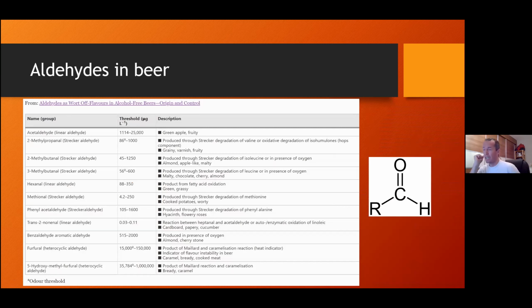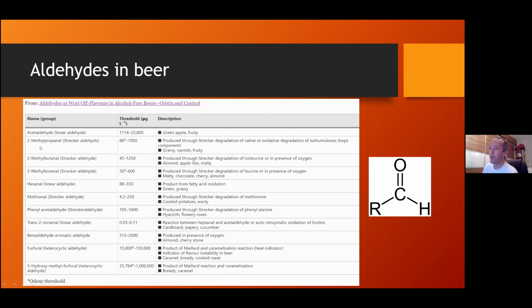So acetaldehyde is not a creation from the Maillard reaction because it's not a Strecker aldehyde. Strecker aldehydes have a circular formation because they're stable in this big reaction. Acetaldehyde is linear. So linear aldehydes are generally not that enjoyable, and you want to keep them away from your beer. And they're usually created through oxidation or through yeast stress. So acetaldehyde is the big known one. The most common is formaldehyde, which is the smallest version of aldehyde. You don't get it in beer. You definitely don't want it in beer. It smells and tastes terrible and is used as a solvent.